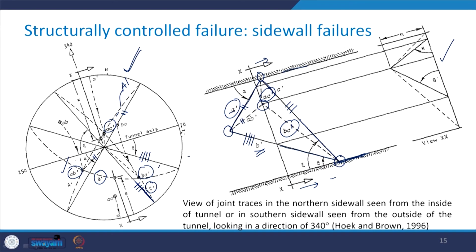Now, as far as the determination of these angles are concerned, that is theta and chi, you see here that this is how this angle chi is determined, and from here this angle theta is determined. This is angle theta. So, once you know this, do all the projections and you will be able to get the height of the wedge H in this particular fashion.